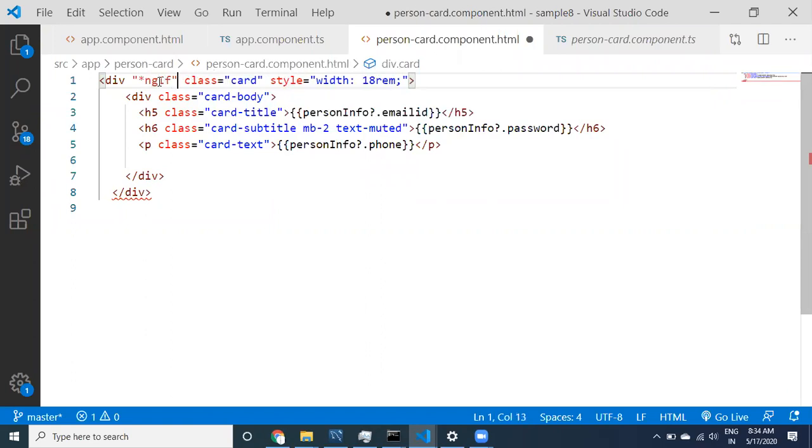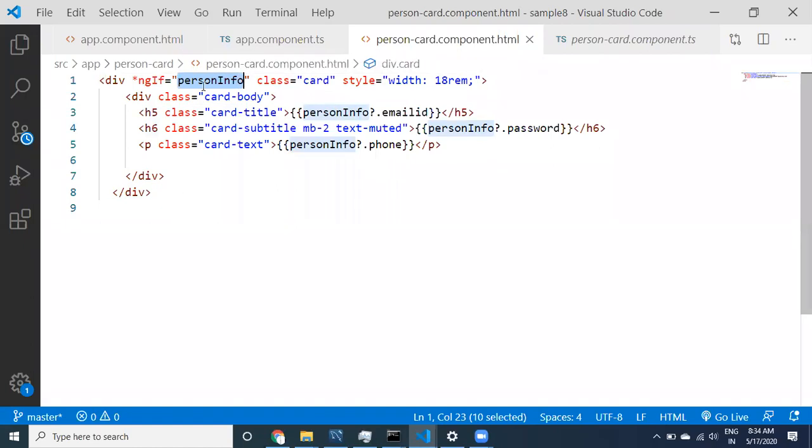See here guys, what is that object? Person info. So directly you can provide this information. It gives you true or false. If the data is available, it gives you true. If data is not available, it gives you false.